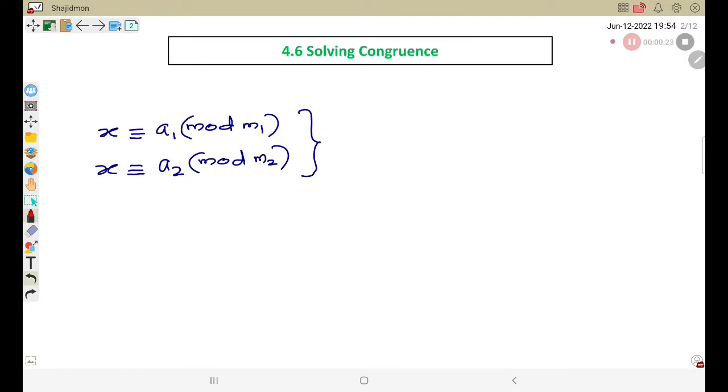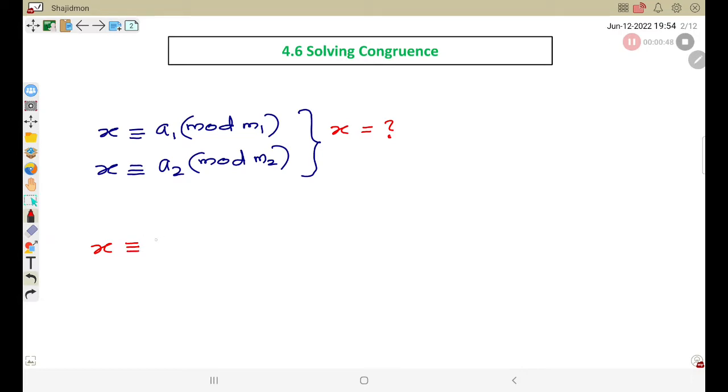For example, what we are doing here is if you are getting a system of congruences, for example, two linear congruences. From this, how can we calculate the x value? What is the solution of that linear congruence? The same applies if you are getting a three